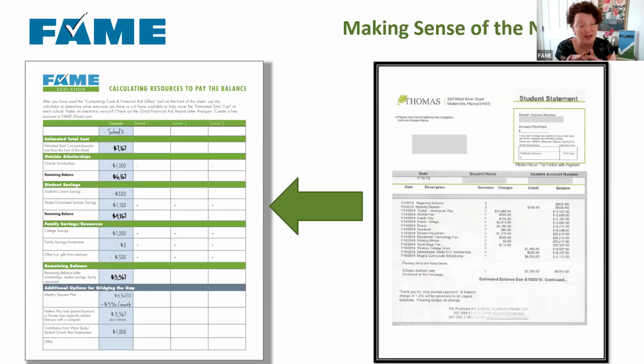And this one is fun. I do this with lots of students because I think it takes this big number. So at the end, once they've looked at everything the college offered them and how much the college costs, they're left with $10,000 left to pay, and they're going, oh, there's no way my family can come up with $10,000. Then we flip over to the back of the form and we put in that $10,000